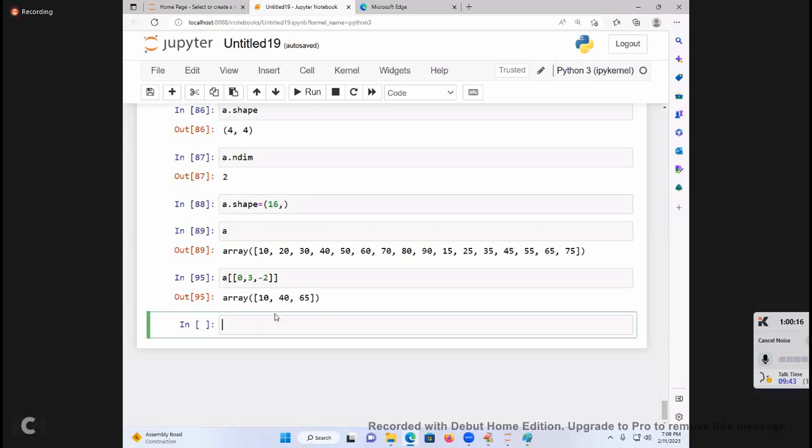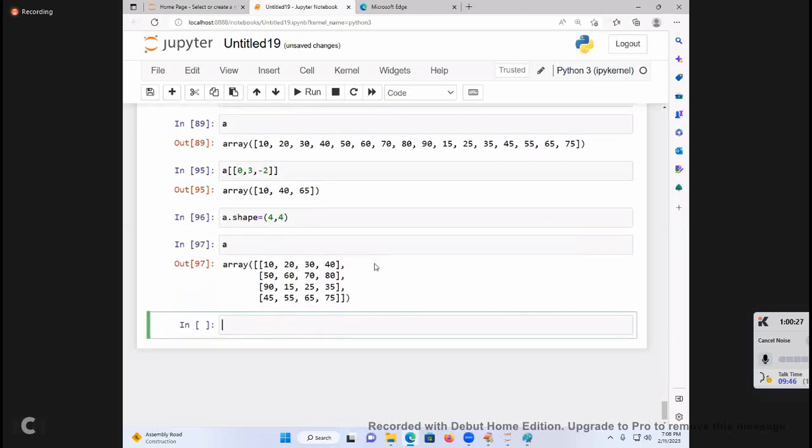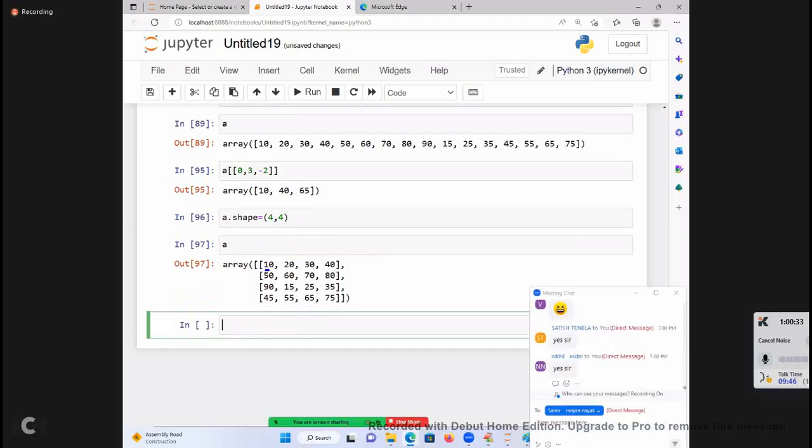Now I'm going to convert my elements. What is my element I'm going to take? A.shape is equal to 4, 4. A. I'm going to take up. Come on, students. Everybody must get it. Now, I want to get 10. I want 25. Is it possible to apply slicing? Not possible. Is it possible to apply ND slicing? Not possible. It is random elements now.